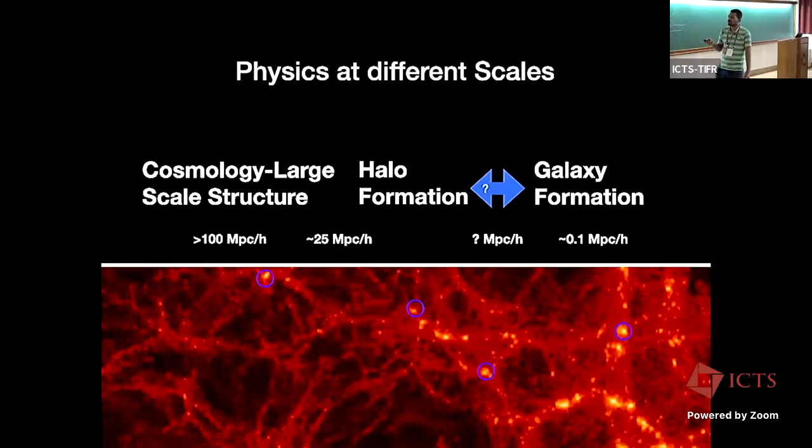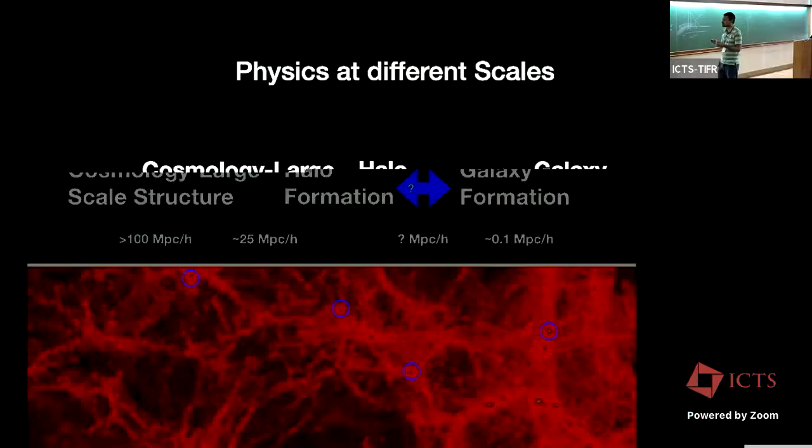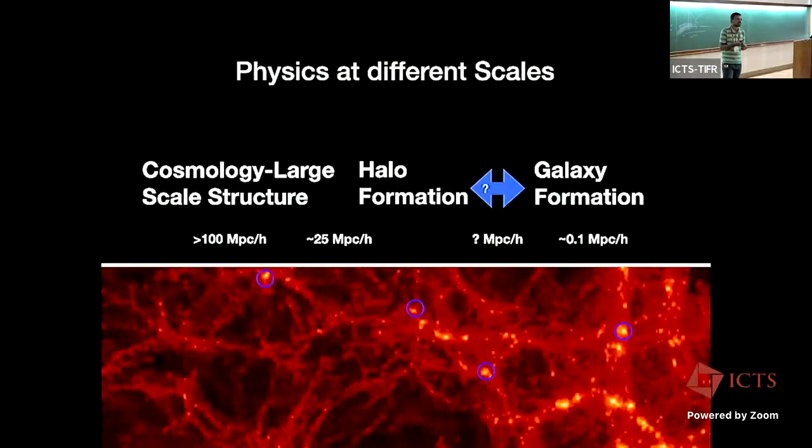Now, when you go to the smaller scales, like roughly 20 megaparsec at redshift 0, these are the scales at which the effect of halo formation happens. So the overdensity at these scales is now comparable to 1, and so now you need to look beyond linear correction, beyond linear growth. And one of the complications, once you go close to the halo scales, is that there is a lot of multi-streaming. So there are fields which have velocities going in different directions. It's not smooth enough, and so you need to evaluate the effect of all of that,